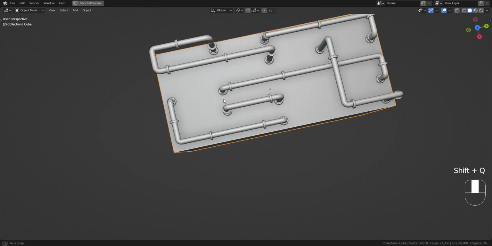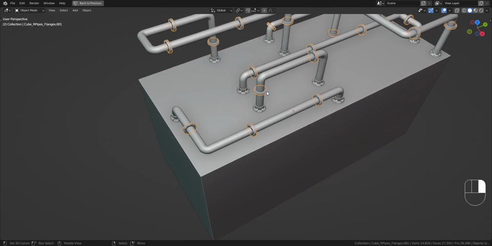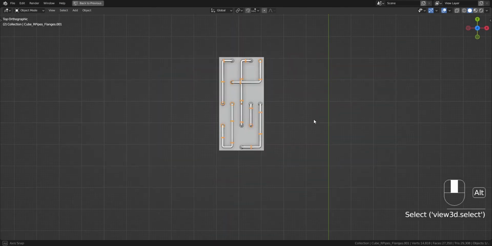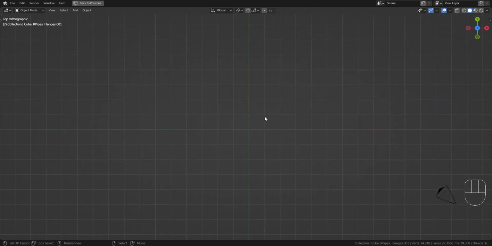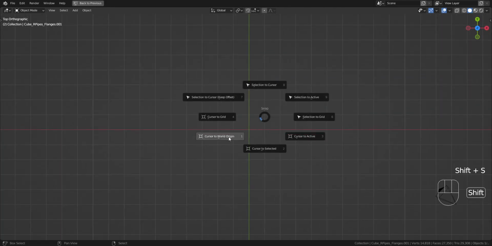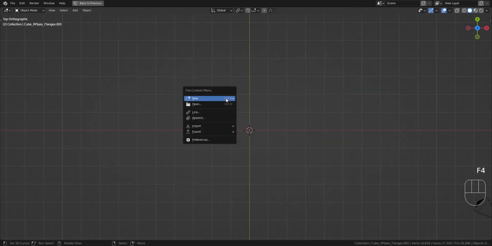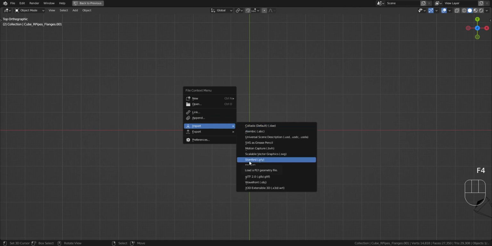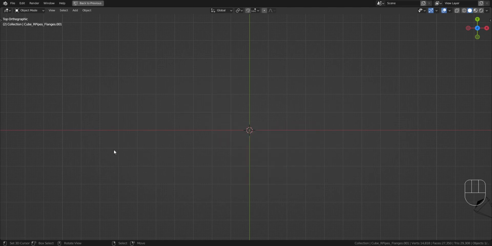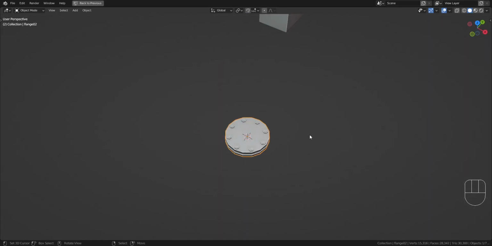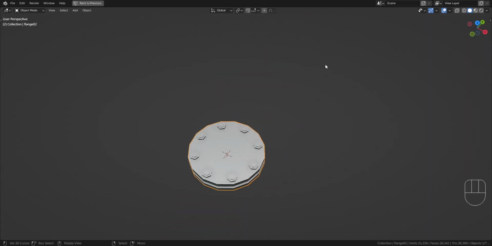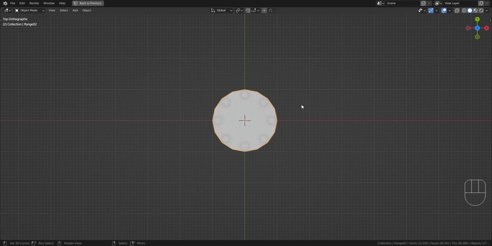So to create your own flange or coupling object, make sure that the cursor is in the world origin. I'm going to import an example. So this is one of the flanges. You can see how big it is. So in order to make it easier for you, this is